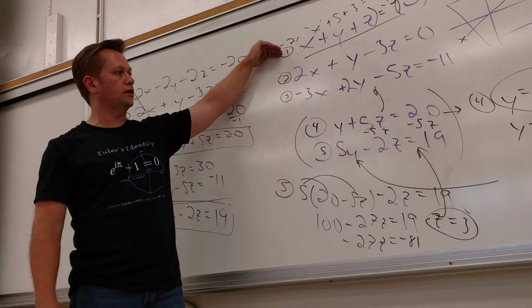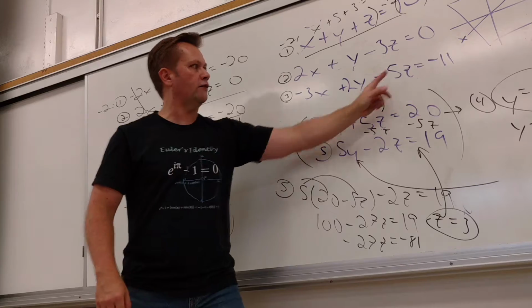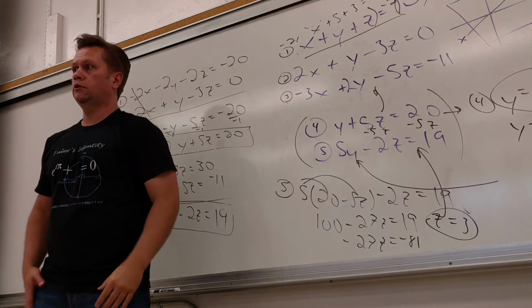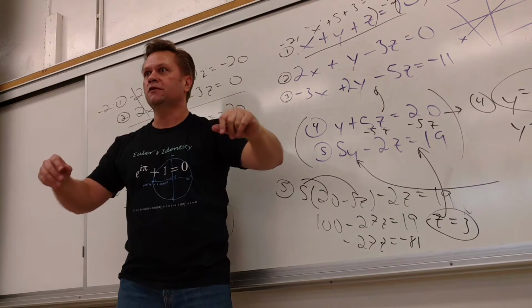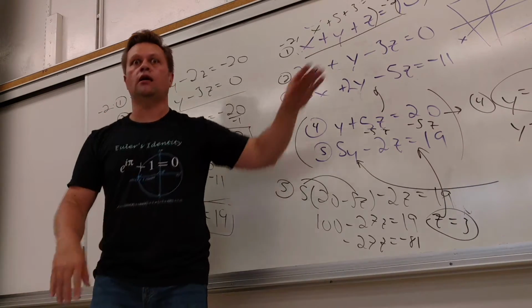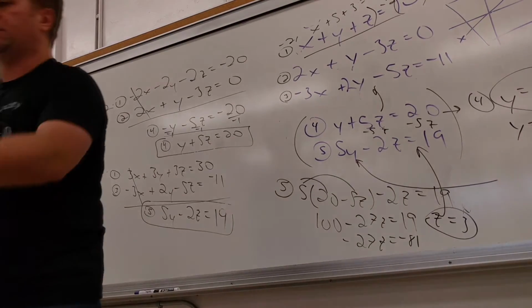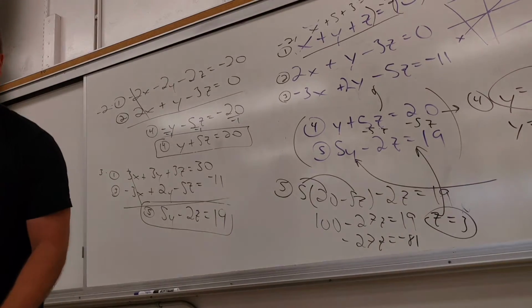I used this one to get my supposed answers. Then I plug 2, 5, 3, 2, 5, 3. It has to work in both of those. Because it could work in one and not the other one. Because how many answers does each of these have? Infinite number. So you could have found an answer that works in 2 of them and not the third one. And there's a lot of ways this could have no solution. Couldn't I have 2 planes that never meet? Or I could have 3. Let me see if you guys...